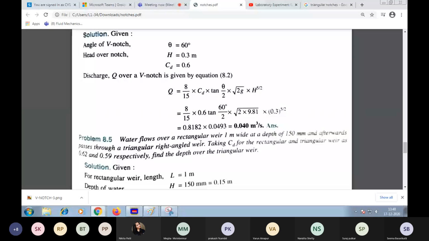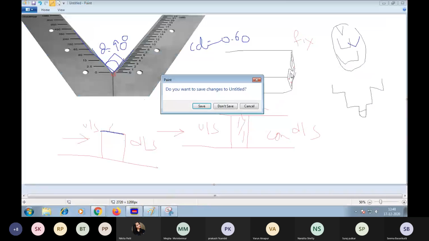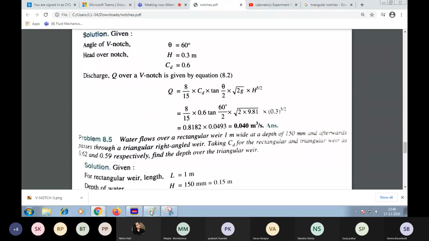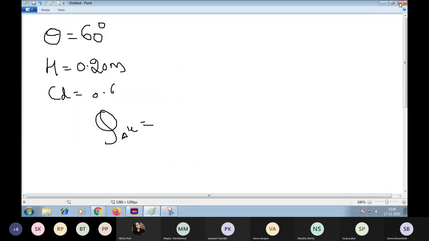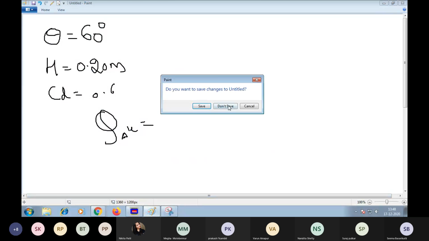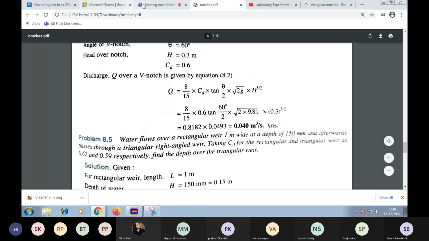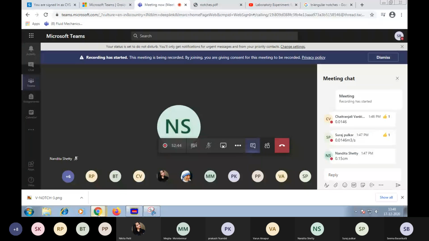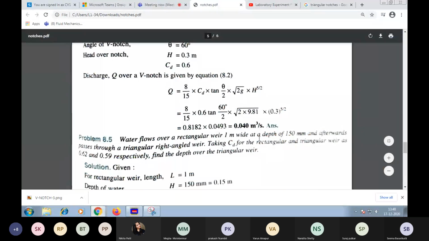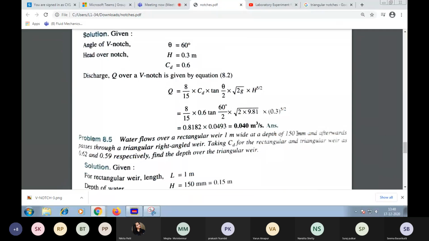Water flows over a rectangular weir, 1 meter wide, at a depth of 150 mm, and afterwards